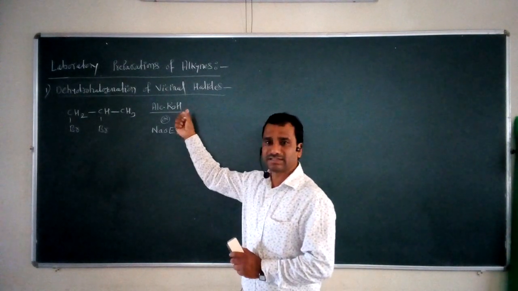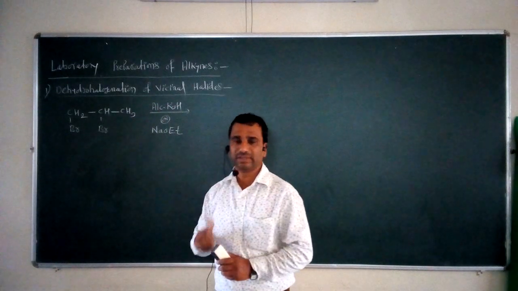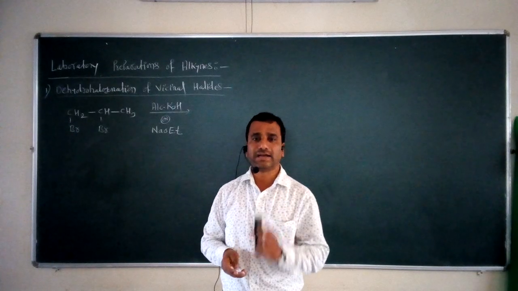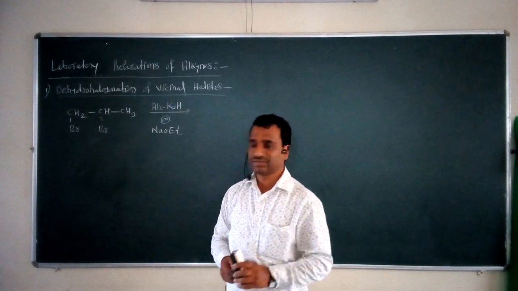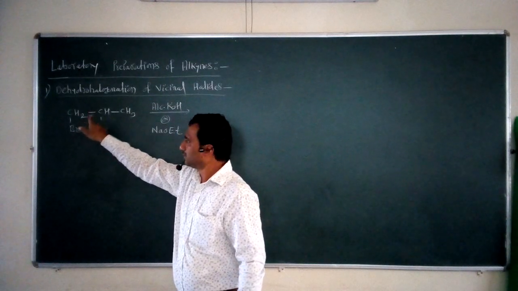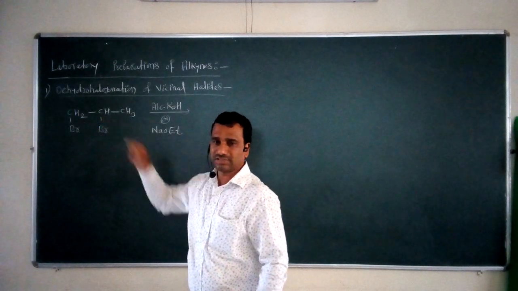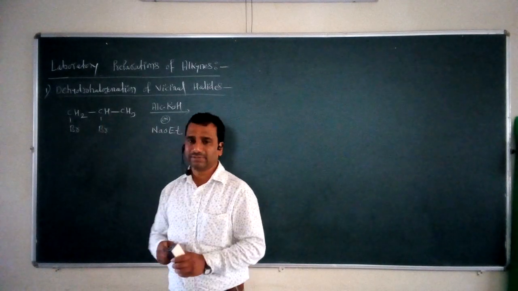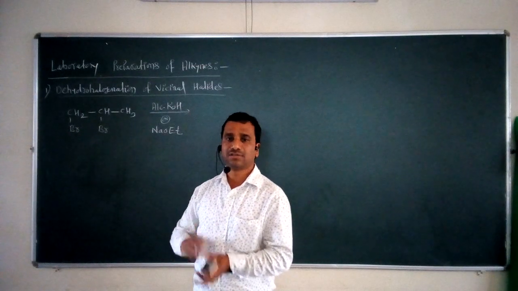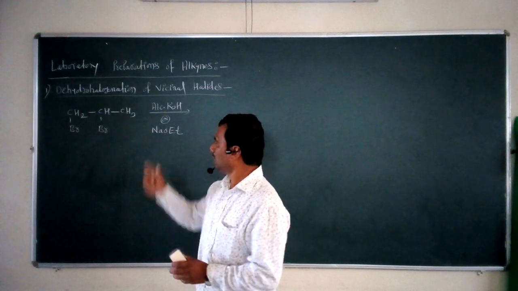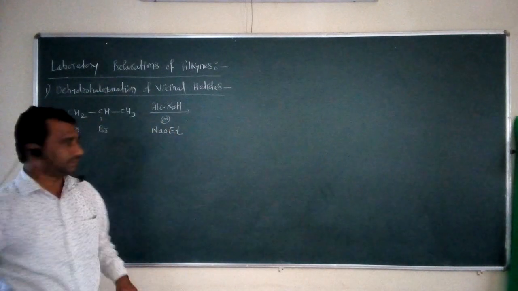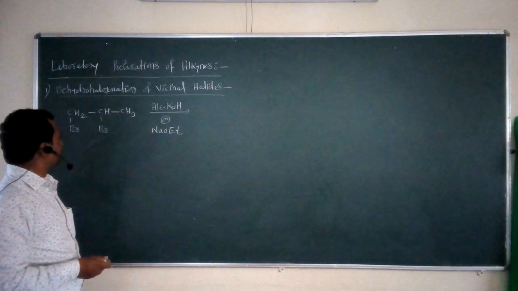So when this base reacts with 1,2-dibromopropane, what happens? A reaction takes place, and that reaction is called dehydrohalogenation. So what happens in the first step? The halogen atom present at the first carbon and the hydrogen present at the second carbon atom get removed as a hydrogen halide, and after that removal, we get the formation of a carbon double bond carbon.